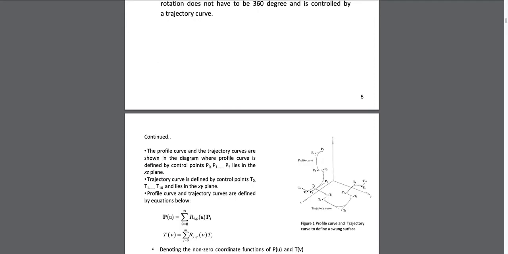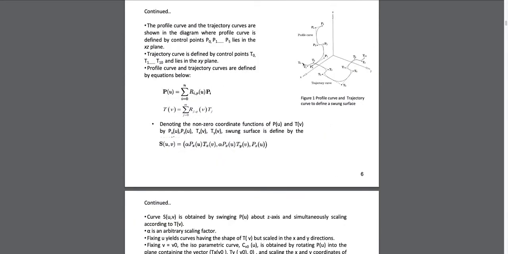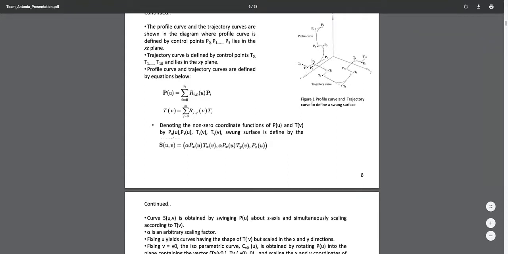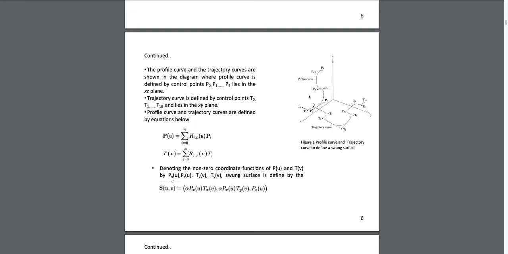Now let us see what it means in detail. To the right, we have figure 1, where the profile curve is defined by the points P0, P1, P2, up to P5, and the trajectory curve is defined by the points T0, T1 up to T10 in the XY plane. Here if we see, the profile curve is in the XZ plane, and the trajectory curve along the XY plane. Now if we rotate the profile curve along the Z axis, if we rotate it in 360 degrees, we are going to get a